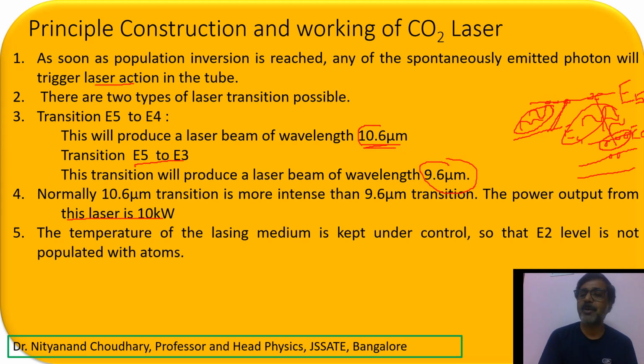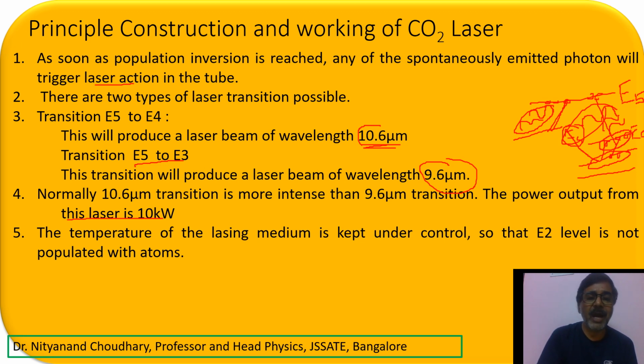So how are the atoms coming over here? The atoms which have got stuck in your E3 or E4, the energy of this is being absorbed by the coolant. The coolant we are continuously circulating with the help of helium. Those energies are going to be absorbed by the coolant, and these atoms will be coming back to your E2, where you don't have the atoms. From both of these, the atoms will be coming to your E2 and getting stuck here in the E2.